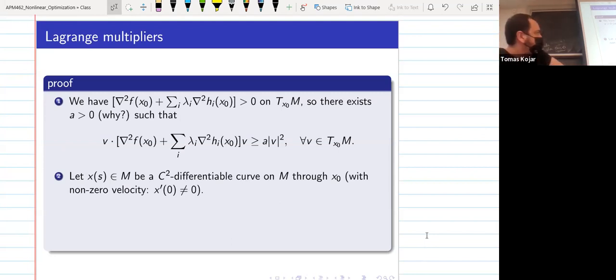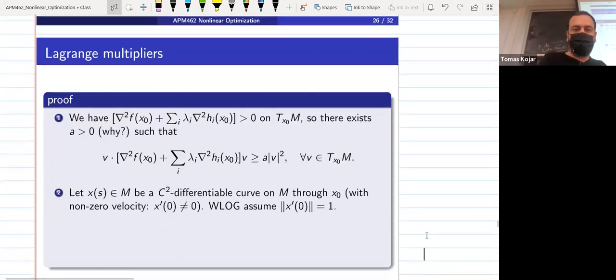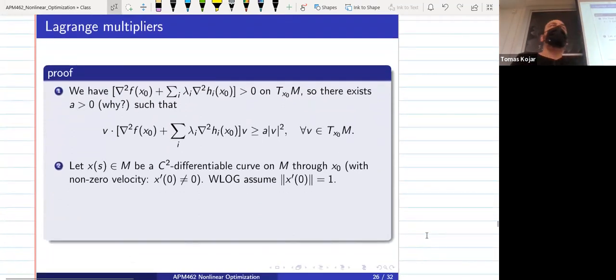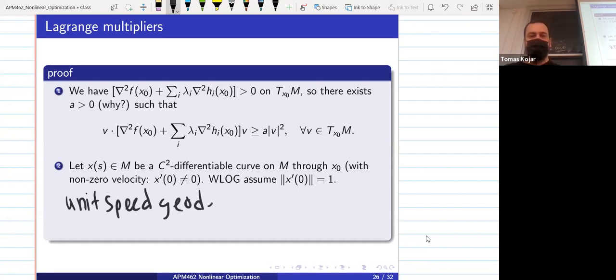Yeah, so we're working in the tangent space. So that means I have to look at derivatives of curves. Take your curve to be unit speed. If you work later on, this is called a unit speed geodesic. Let me throw you some words in case you come back to the slides. Okay. This is called a geodesic.